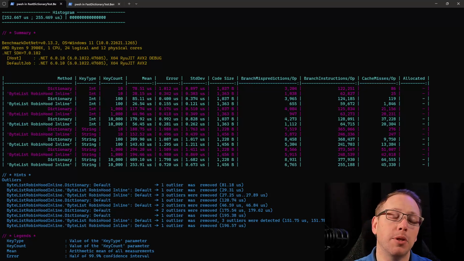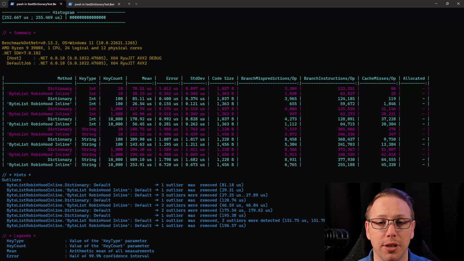Because up to this point, I've been writing object code. F-sharp is not object-oriented, but it does support object programming. And that's what I've been doing for the most part, where I have been putting all of the functionality inside the class definition for our dictionary. Now, there's another approach, and I think of it as more of a C style of approach, and I actually prefer it. But to get the benchmarks out of the way,